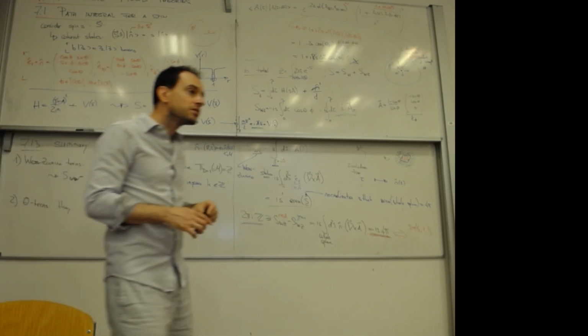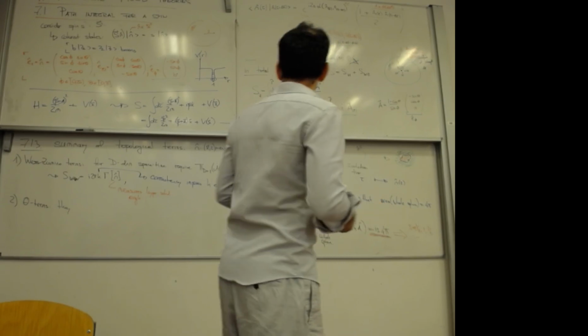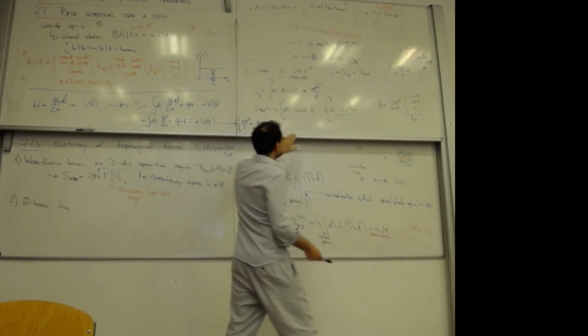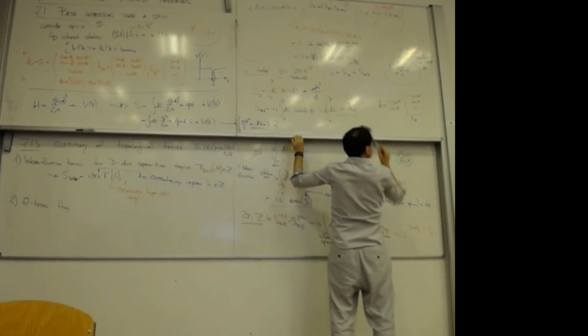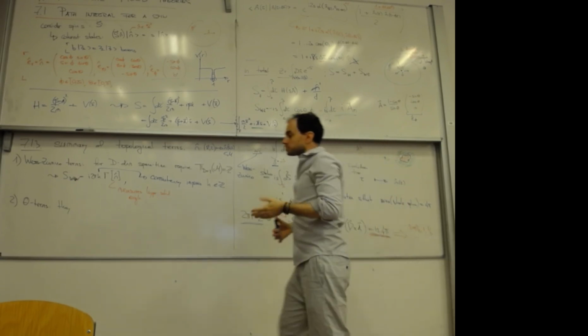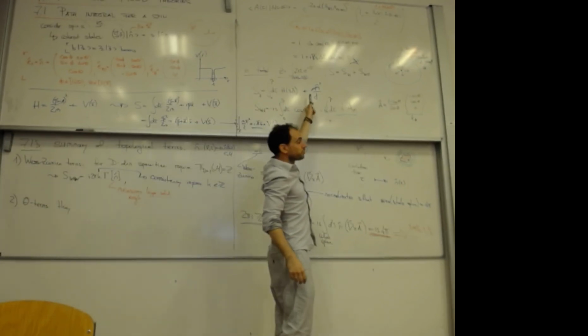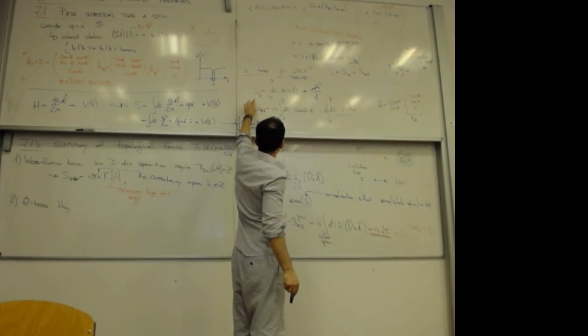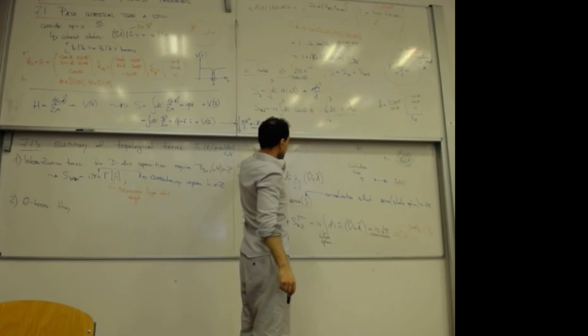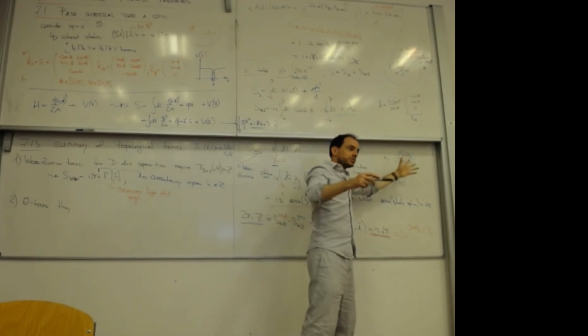What does it mean? The action contains multiple terms, S_H and S_WZ. There are terms in the action which are like the kinetic term, they're non-topological. But then there are terms in the action which are topological in nature. And an example is this one. It knows about the topology of the